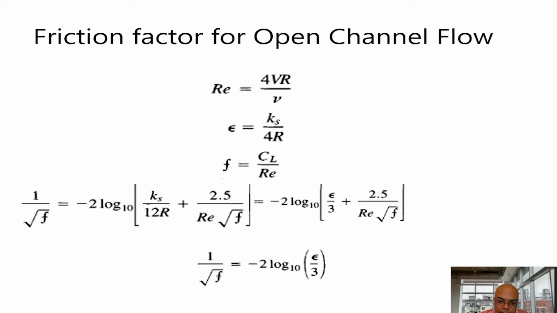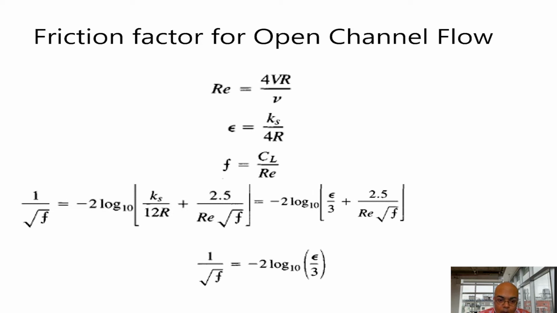Of course, there are numerical techniques, and we can solve it in one shot. There is a method called the Newton-Raphson method, which you will learn later. Using that, we can solve this equation without resorting to trial and error. In this equation, there are two terms. The left side term represents roughness, and the right side represents the Reynolds number.